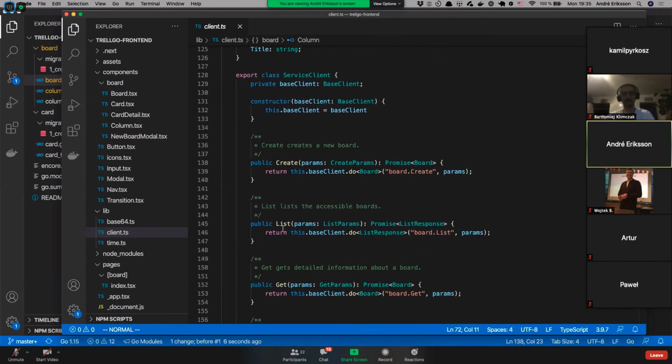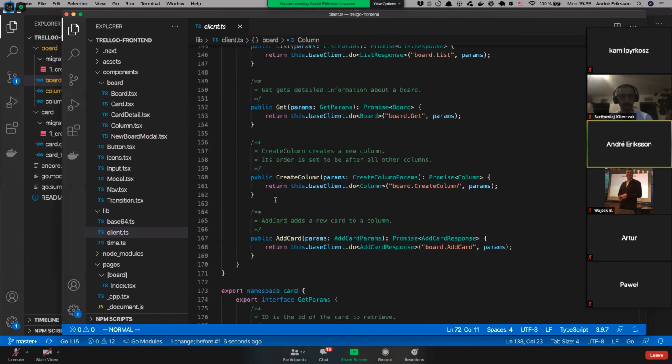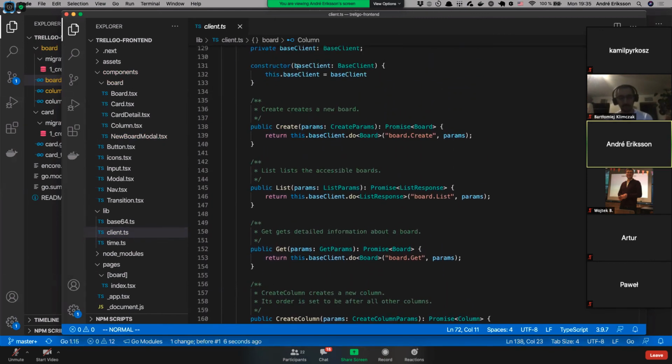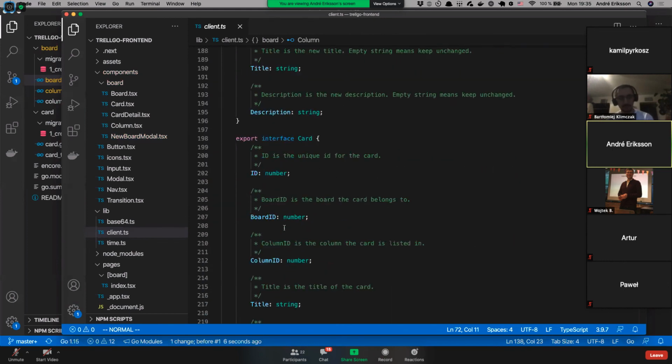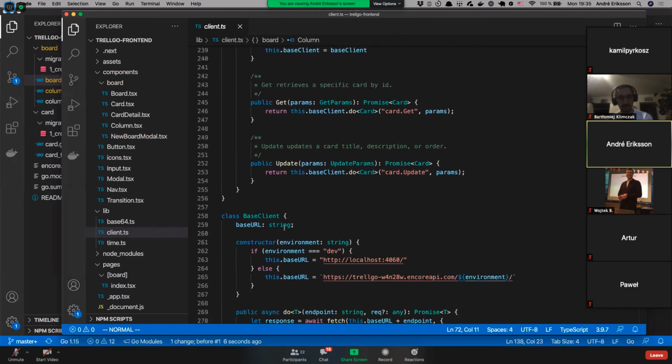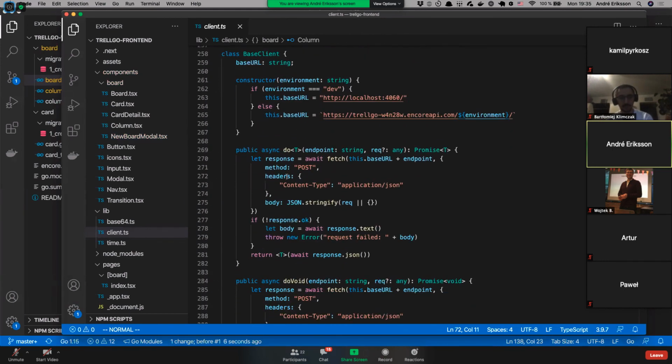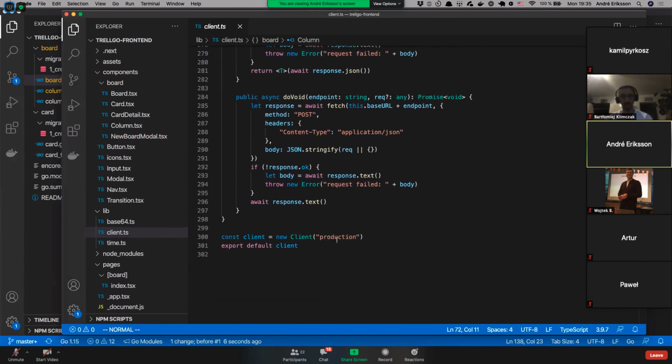And then at the very bottom here, we have the service client, and at the bottom here we have the thing that actually does the JSON for us. It sets up a default client against production. But if we just want to talk to our own local development environment, it's as easy as changing this to dev. So if we run this,